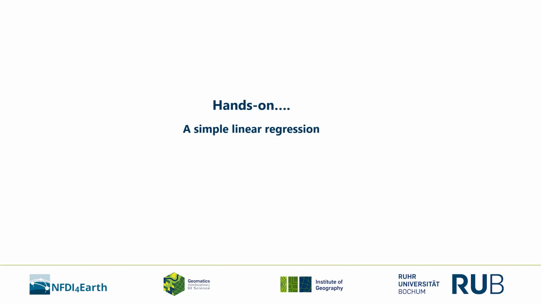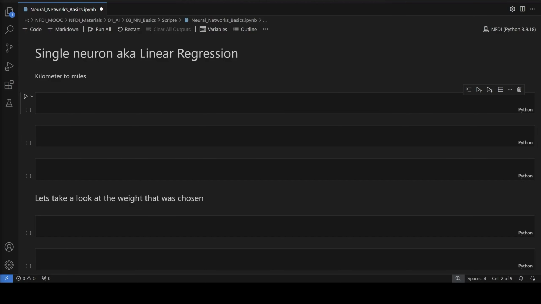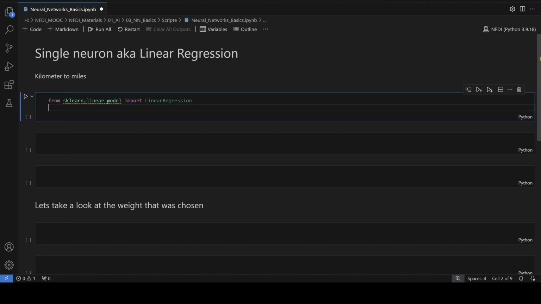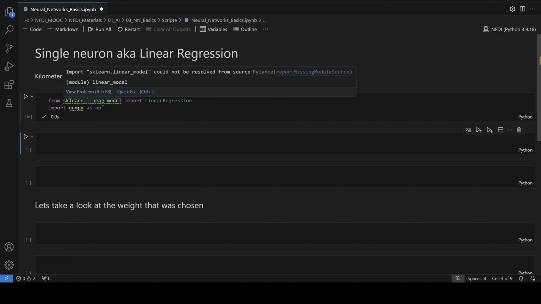Let's model such a simple linear regression in Python. So let's look into linear regression by converting kilometers into miles. And we will do this with the sklearn package that we have in our environment. So first we need to import sklearn, and we do it by writing from sklearn.linear_model import LinearRegression. Furthermore, we will need numpy, so import numpy as np. Now we execute this cell, and if we have installed everything correctly, it will turn out okay,